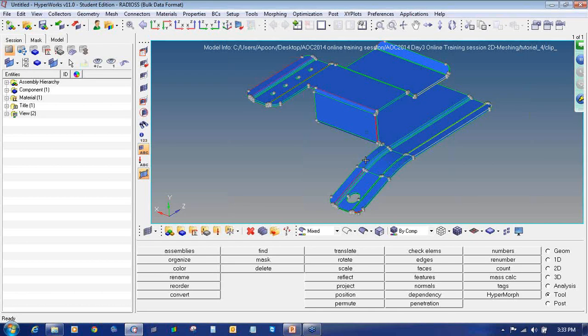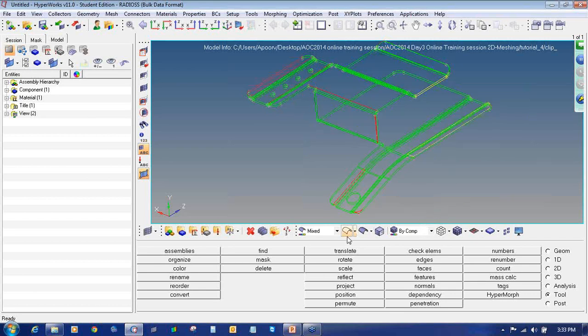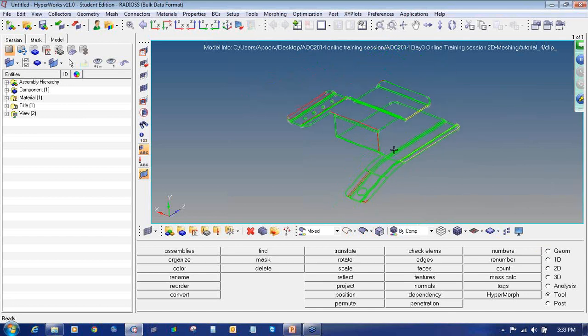First we will see how to view the model in topology display, toolbars and shaded mode to evaluate its integrity. So this is the line mode. Click on the visualization. You can see there are different color lines. We'll see what the meaning of these different color lines is, that is red, green, and yellow lines. So we'll see the significance of all these lines.